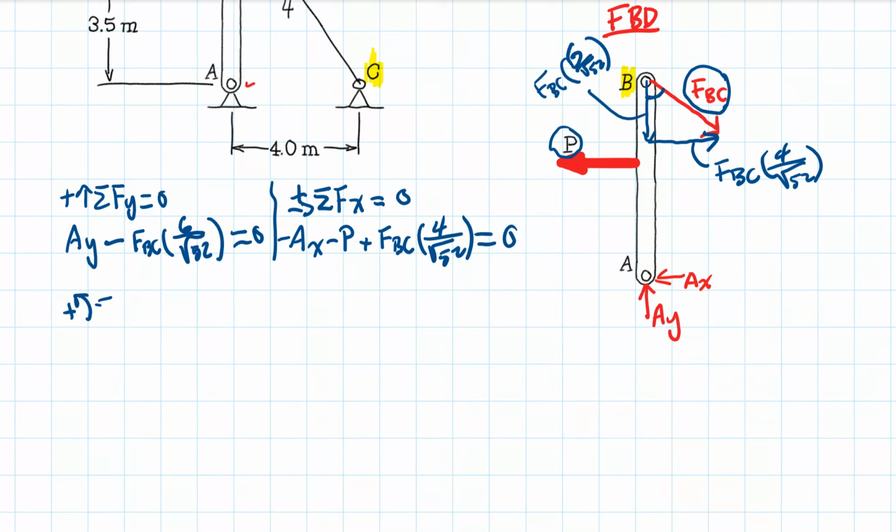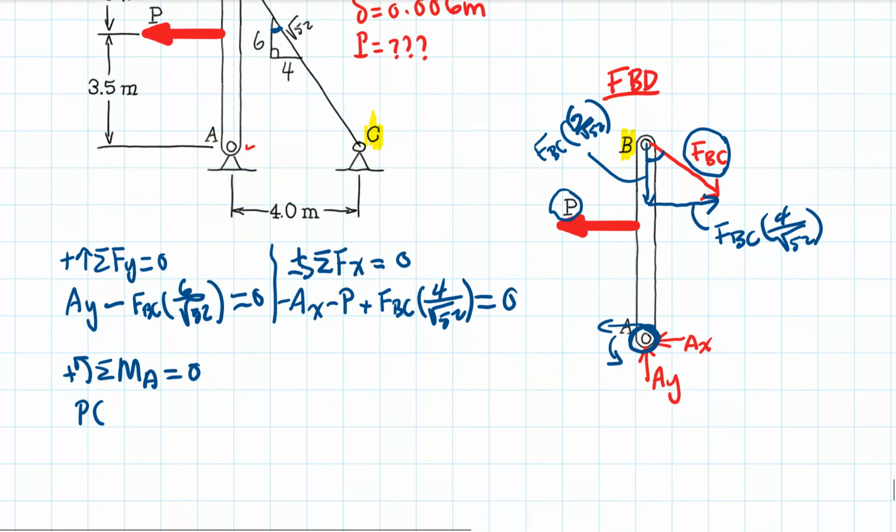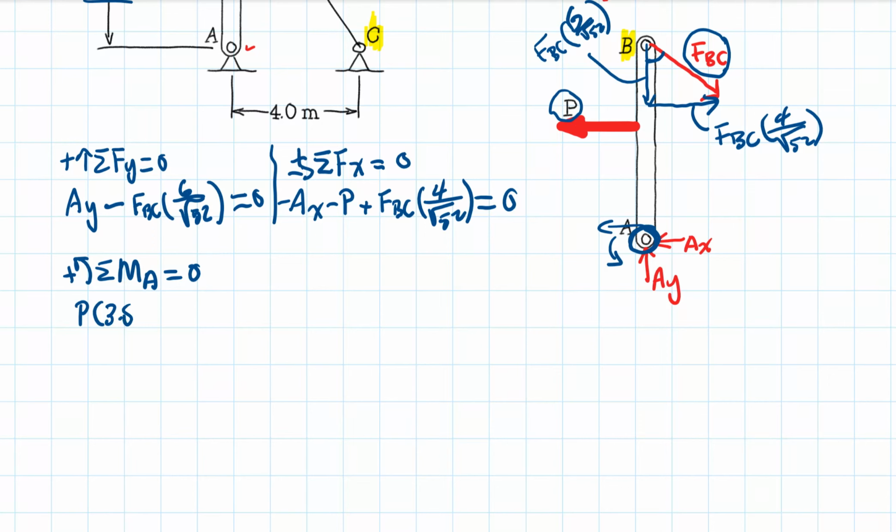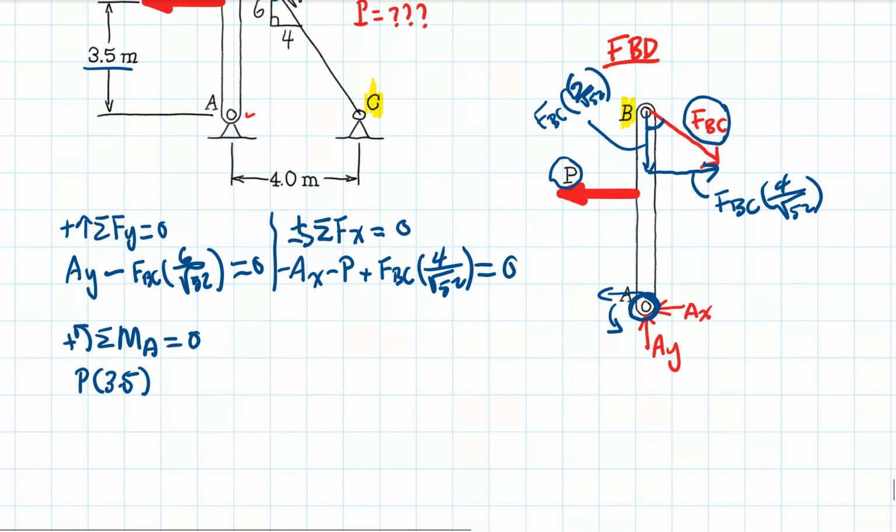The sum of the moments at A equal to 0, counterclockwise is positive. So here we will have like a circle, like a wheel in here. So the load B, when we apply a load like this, it will move the circle counterclockwise. So it will be positive. So it will be P times, and it is a distance of 3.5 meter. The next load is this one, FBC, right here,